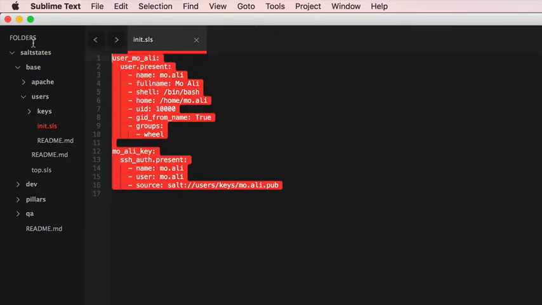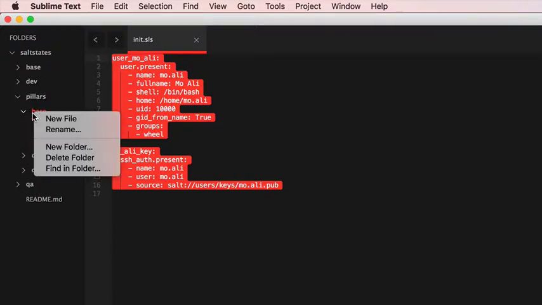we're going to change this into a programmatic Jinja function, or a loop rather, which is going to iterate through our pillars and fill it all in and add the key as necessary. So let's go ahead and do that. So this is base. Right, so let's go to pillars, base, and then we'll create the users